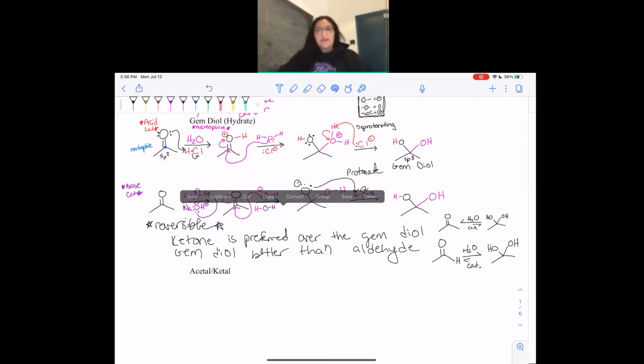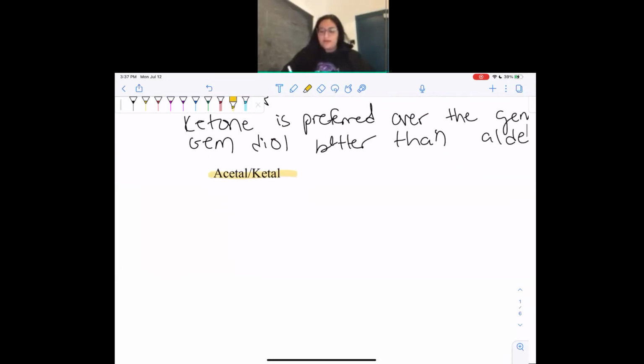Okay, the next reaction we did was the gem diol. Now we're doing the acetal ketol reaction. So we are again going to start with a ketone and/or an aldehyde, right? And I am just going to start with a ketone for the sake of sameness. So we start with a ketone, we draw that arrow,